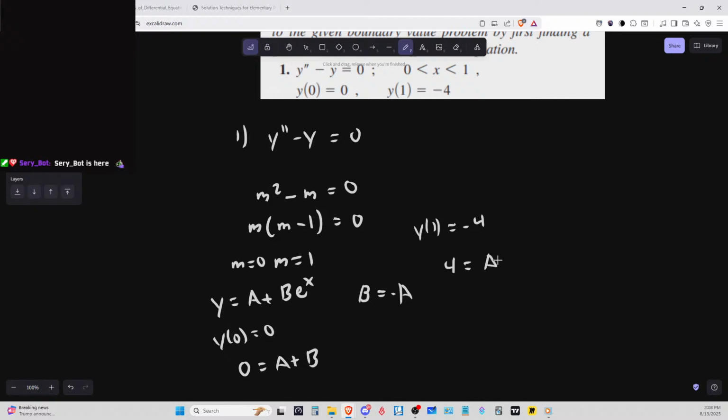So we have a minus a times e. So we can just factor out a, giving us 1 minus e, and then 4, meaning that a is equal to 4